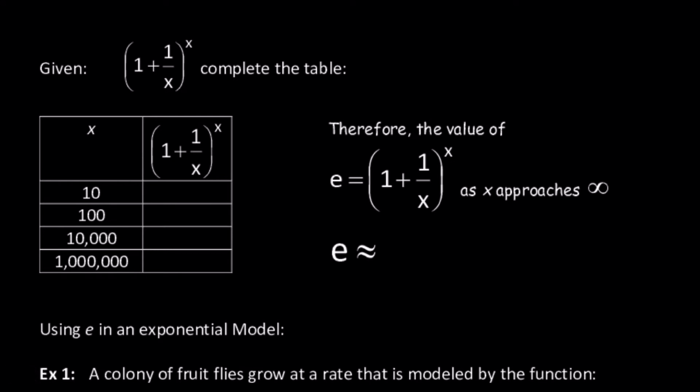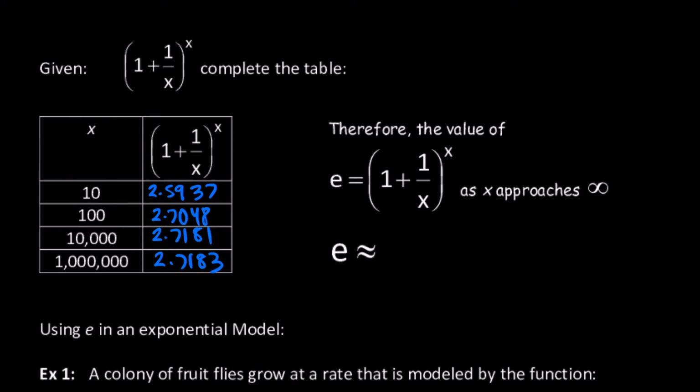So next what we're going to do is, if you had time, we would do this in class. Unfortunately, we don't. But if you want to try this at home, put this into Y1 in your calculator. Go to your table and set the independent variable on ask and throw in 10, 100, 10,000, 100,000, a million. And what you're going to see is this pattern. At 10, it's going to be 2.5937. At 100, it's going to be 2.7048. At 10,000, it'll be 2.7181. At a million, it'll be